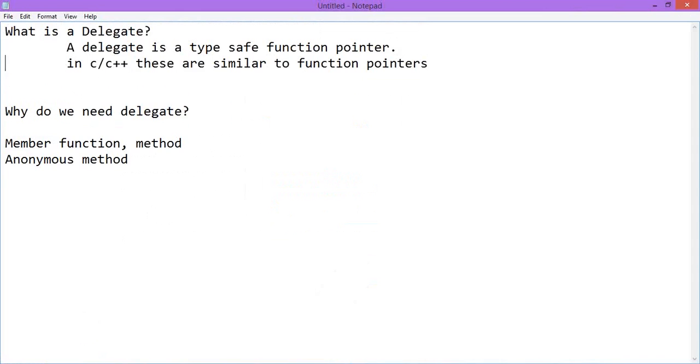There are function pointers in C++, but in C# we call it a type safe function pointer. So you can understand that it is a holder which can hook to a function which can be directly accessed, called a delegate. A delegate is a function pointer which is going to be handling a function.